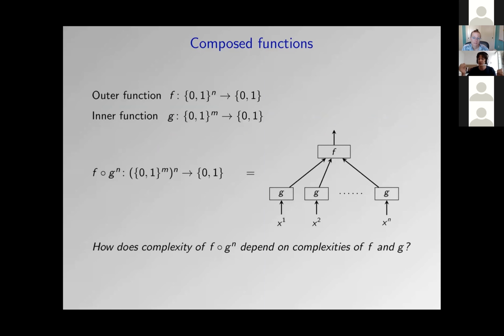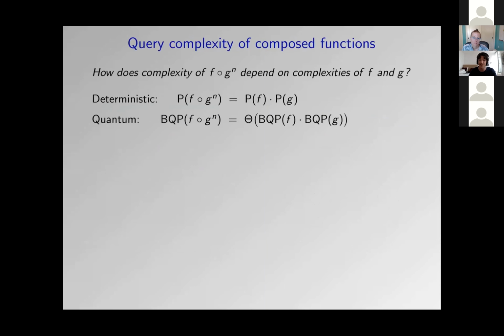So suppose you understood f and you understood g. Can you understand the query complexity of the composition? It's a very natural question. And in some cases, the answer is plainly yes, we can understand it very well. In the most basic setting, deterministic query complexity, deterministic decision trees, which is what I've been talking about so far, we do have complete understanding. The query complexity of the composed function is simply the product of the individual complexities. And this is not even hard to see.